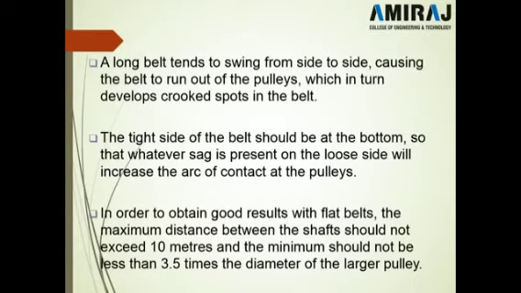So the slack side is going to be the loose side, and it increases the arc of contact on the pulley, and due to the increase of the arc of contact, the power transmission is going to be efficient, right? How? We are going to discuss it in the next theory, in the maximum power capacity conditions: which conditions are required to increase the power transmission, or at which condition the maximum power can be transmitted from one shaft to another shaft, right?